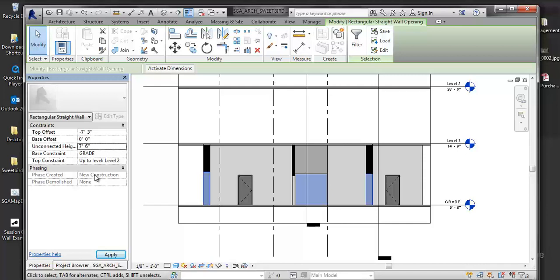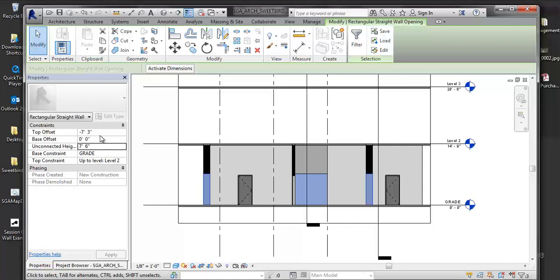Well, you kind of got to read into it. So it's tricky on how these work. The opening allows you to push and pull the object, and that's because it's allowing you to center that opening inside the wall. So I can constrain it as well as push and pull it from offsets on those sides. So I know that I want an unconnected height of 7 foot 6. I may want my opening a certain distance from the top of the ceiling,